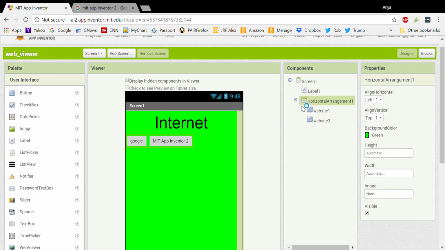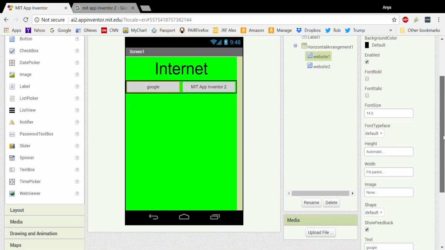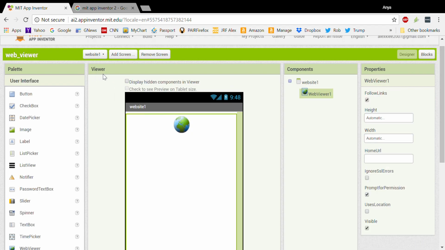I'm going to do a little fixing up. So with fill paint. And that's it. We can also test in the emulator, where